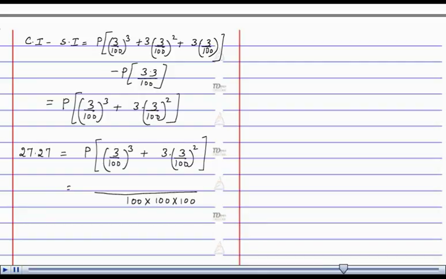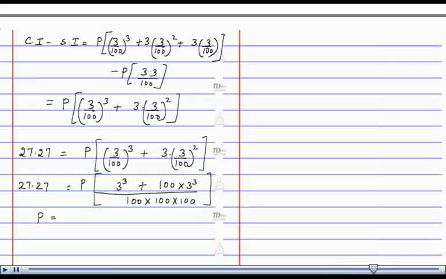And the right hand side of the equation will be converted into P into 3 cube plus 100 into 3 cube whole upon 100 cube. Therefore, 27.27 equal to P into 3 cube plus 100 into 3 cube upon 100 cube, which gives P is equal to